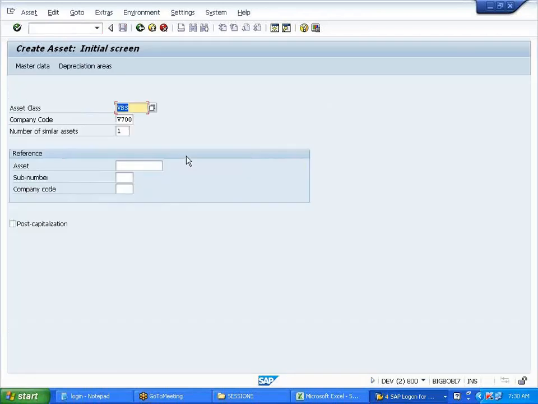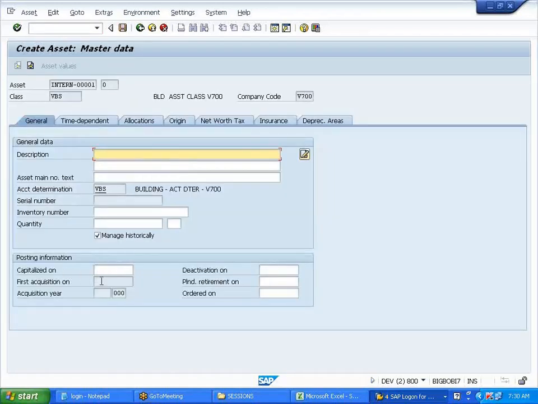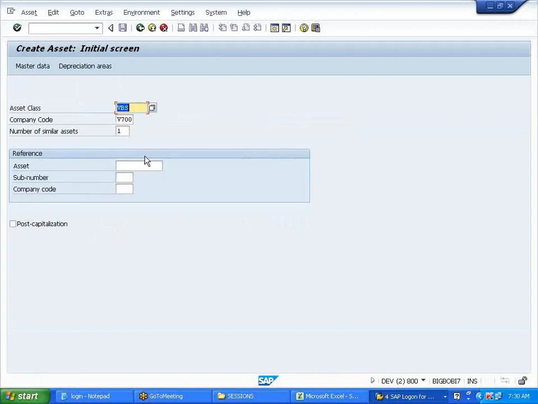AS01. Just before that, there's no required entry for capitalized, right? I'll select this post capitalization. Okay, one second.